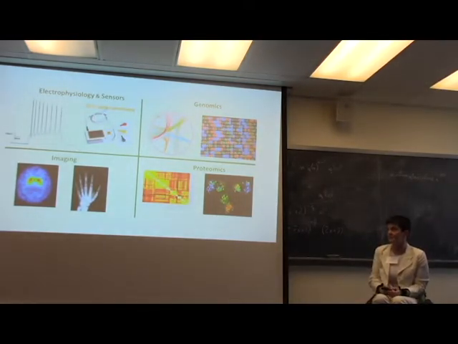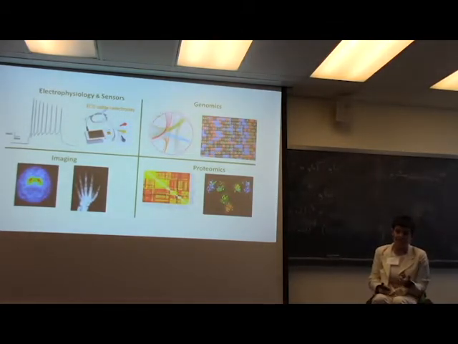You have your electrophysiology and sensors, which is like your ECG, your EKG, all right, brain, heart, and the electrical signals. You have genomics, which is looking at that like glycine 93 to alanine, right? So we have specific mutations. We have imaging, where you're looking at like PET scans, MRI, X-rays, all right, and trying to determine different stages of the cancer. And then you have proteomics, which is looking at how proteins fold and how they develop. And if something goes wrong, then of course proteins build up, right? So that's your traditional big data.